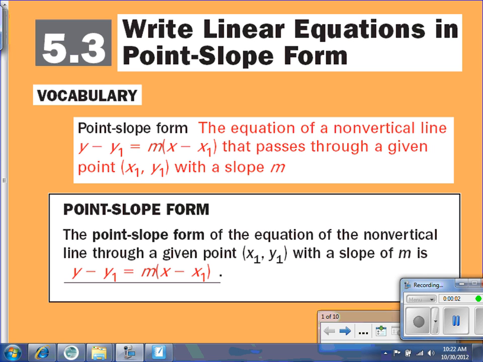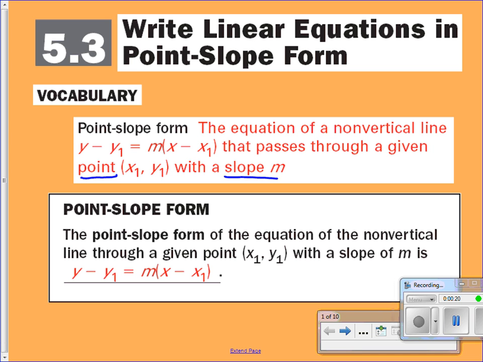Okay, today is 5.3. We are writing equations in a completely new form today, the point-slope form. We've always been using the slope-intercept form because we needed the slope and the intercept. Point-slope form needs a point and the slope, and that's it. So this is the form